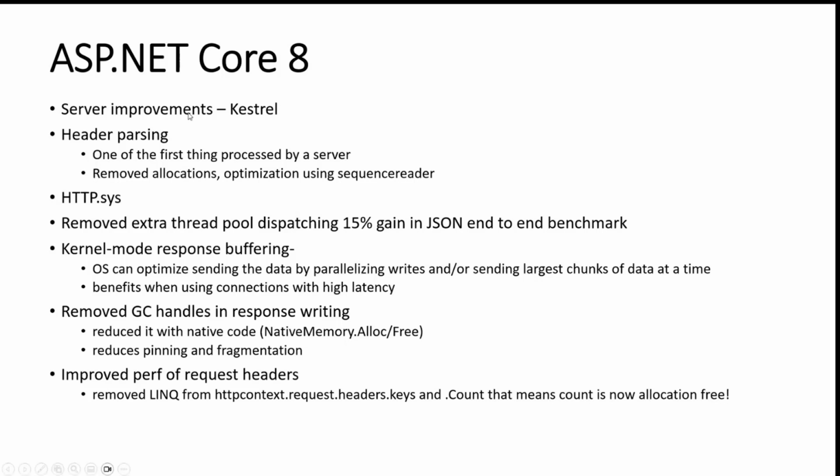So one area is the server improvements on the Kestrel server. That's what the server runs on, on Linux and everywhere, even when you run it locally, right? And then the header parsing. I don't think there is any web application without parsing the header if it needs to be an authorized application. So, in the application that I work on, we have a crazy number of headers, with values anywhere from 100 bytes to kilobytes, right? Several, a few kilobytes, maybe 2-3 kilobytes. So for header parsing, they have some